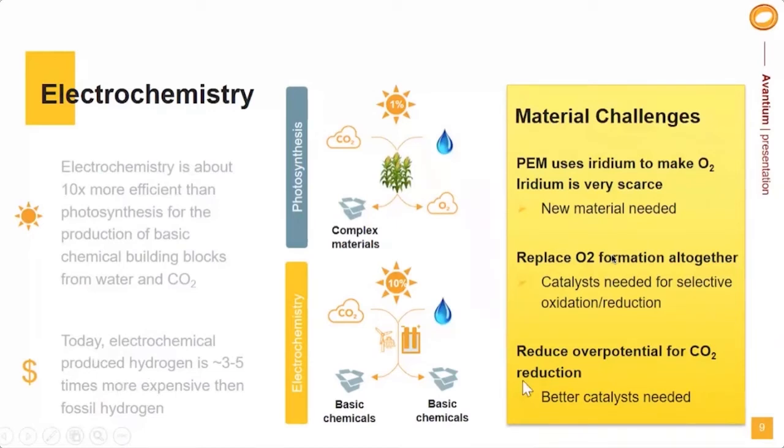And a way to solve that would be to develop new materials. For example, if you want to make hydrogen using proton exchange membranes, or PEM, then you need iridium to make the counter reaction, oxygen. And there's for sure not enough iridium to do this, so we would need something else. If you want to create more value from this reaction, so not only make hydrogen, but also make another product at a counter electrode, you can use another reaction there, but then we need a new catalyst. So that's also a new material that needs to be developed.